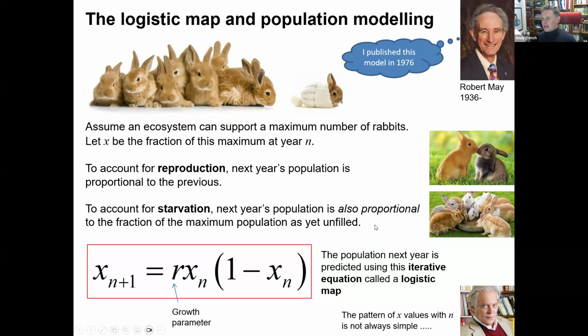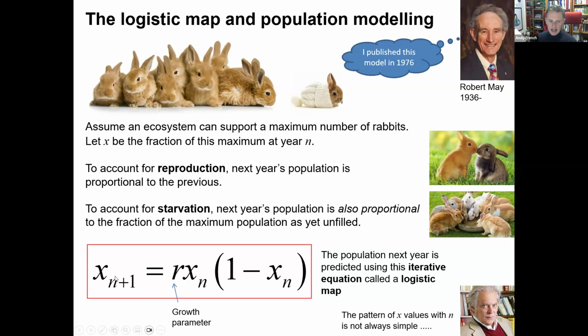Let's make this a bit more abstract. I'm going to have my bunny population be a number between 0 and 1. So 1 means Watership Down, the maximum number of bunnies that I can possibly have. I can't have more. If I have x equals 1, that's a disaster because there's not enough food. Everybody dies. Really, really sad. Obviously, if x is 0, it means the bunny apocalypse. There are no more bunnies.